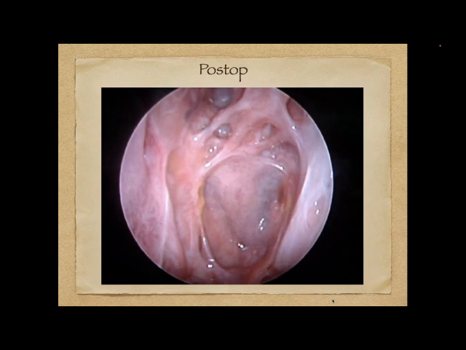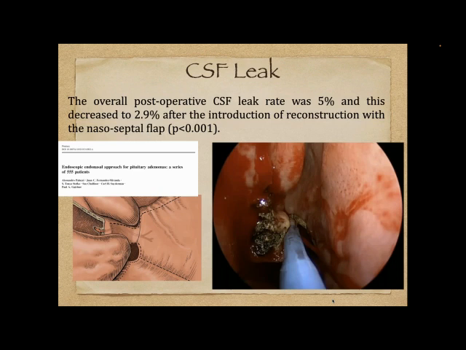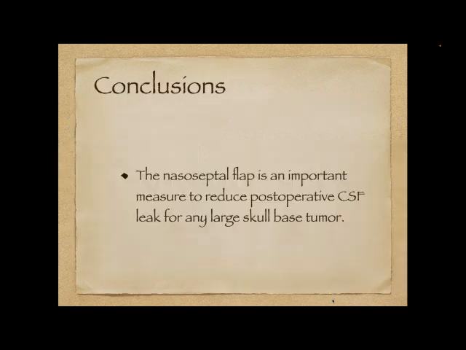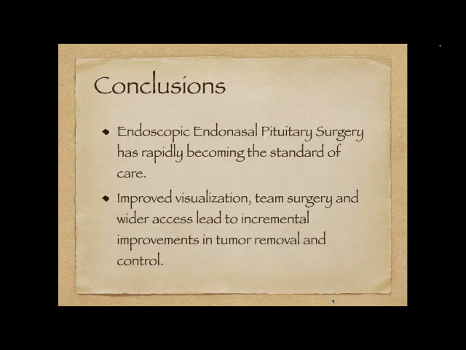It can cover even very large holes in the nose. And here you see it in the office, healed beautifully, looking like the rest of the normal mucosa. And this drops our CSF leak rate, even for some of these giant tumors, well below 5%, and really more around 2 to 3%, which is really the standard. So this nasal septal flap, which is living tissue, really has been important to reduce spinal fluid leak for any large skull-based tumor, but especially these invasive pituitary tumors where you have to protect the carotid artery and you want to separate the brain from the nose.